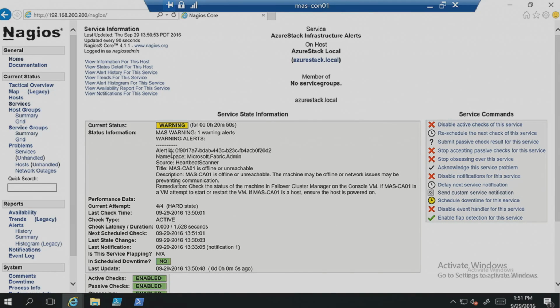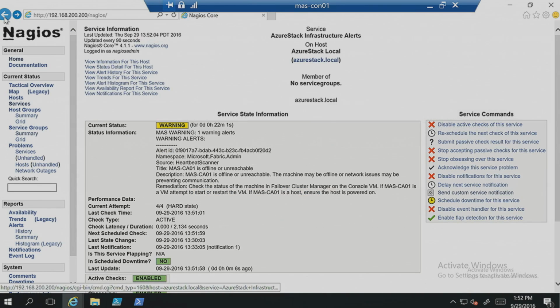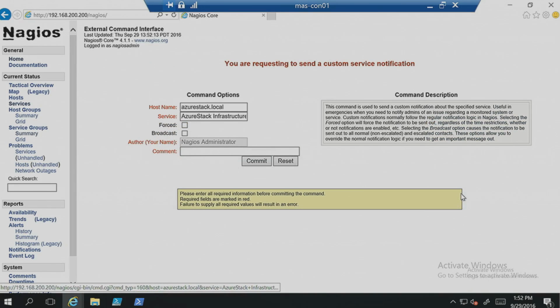Now, let me see if I can close that alert. So what I'm going to do for that is I'm going to send a custom notification. And there's a handler running in the background. I apologize. I first have to take the alert ID, because that is what's required to identify the unique alert. And I'm going to send a custom service notification. And all I'm doing is /close-alert.